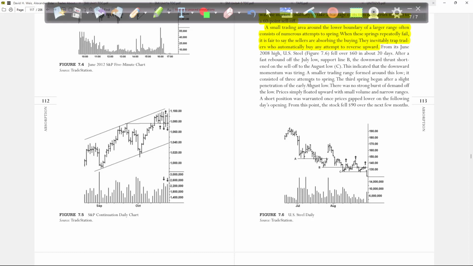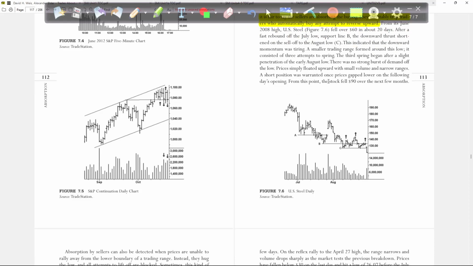A smaller trading range formed around this low. It consisted of 3 attempts to spring. The third spring began after a slight penetration of the early August low. There was no strong burst of demand off the low. Prices simply floated upward with small volume at narrow ranges. A short position was warranted once prices gapped lower